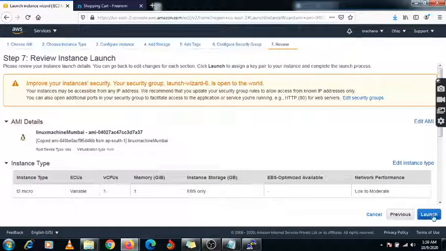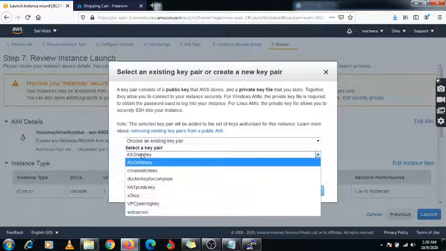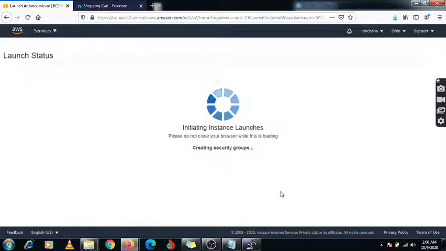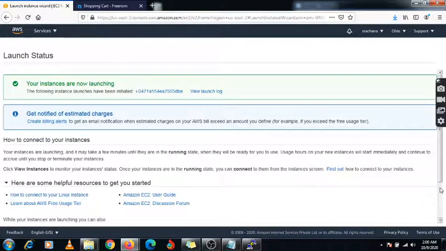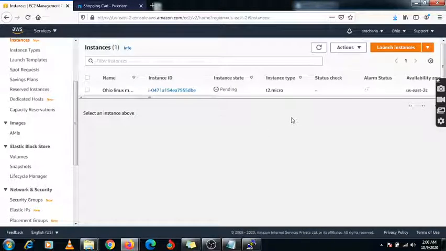I am not going to create any key, and it is asking to create one key. Okay, no issue. I am going to select one key, that is cloud key, and acknowledge it. View instance.